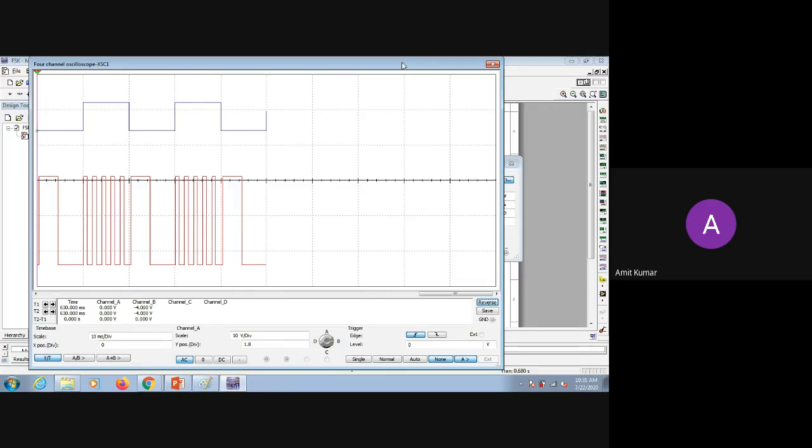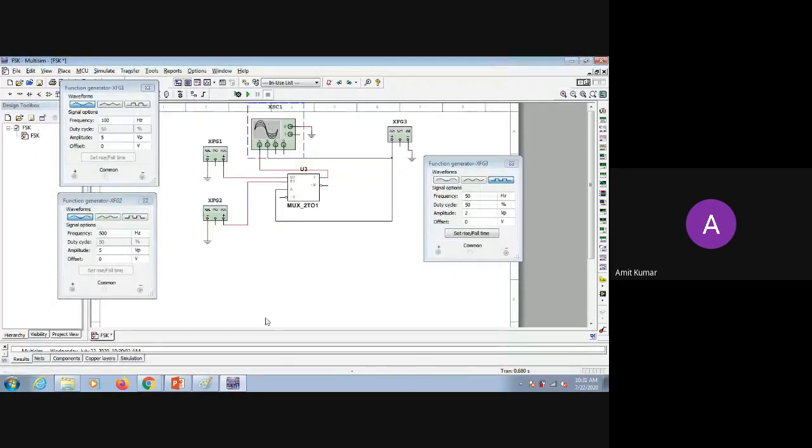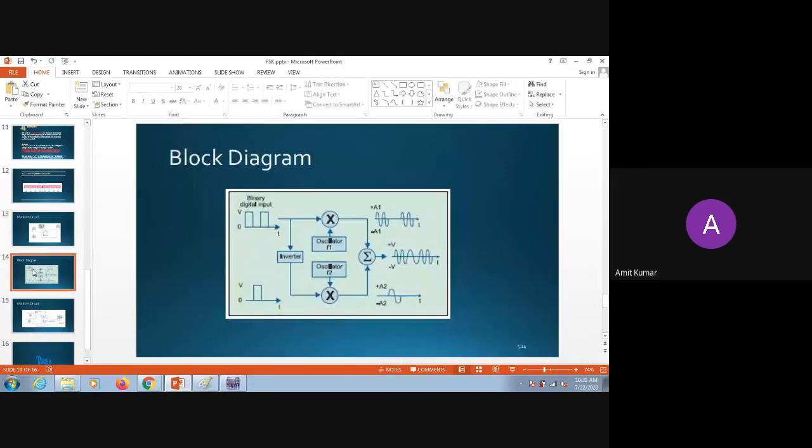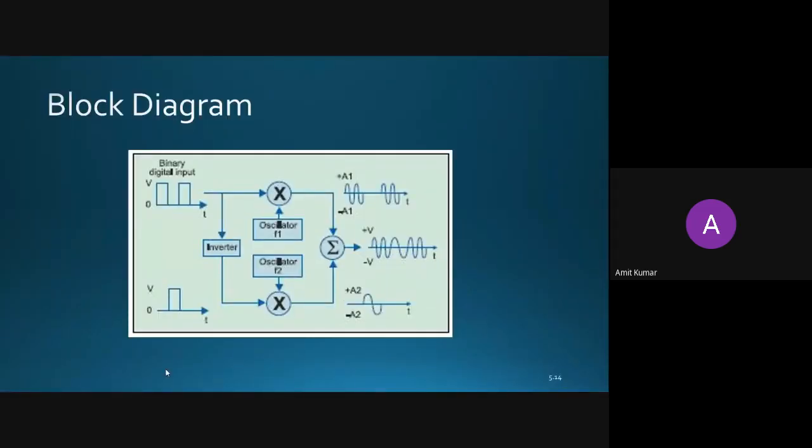So we have thought of another solution using a digital circuit. What we have done is we have come up with this solution. Now in this solution, we have two oscillators. These two oscillators are generating different frequencies. The first oscillator generates Fc plus delta F, and the second generates Fc minus delta F.